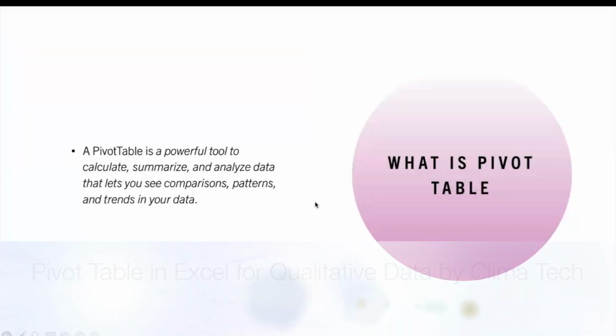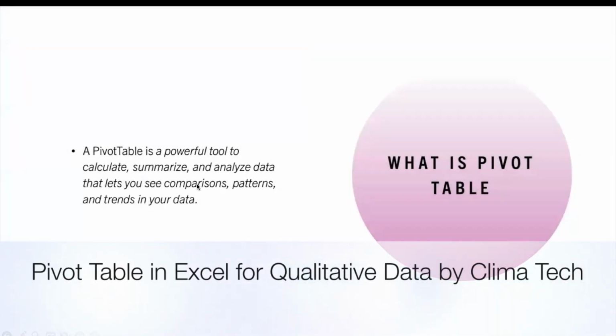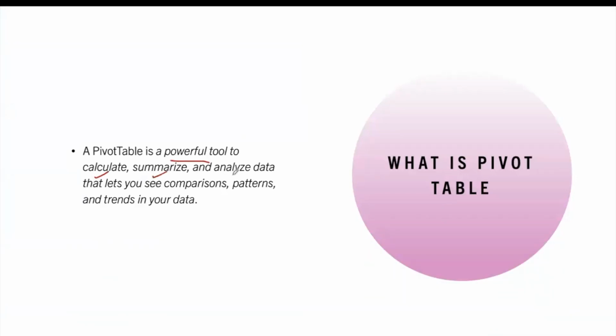Let's just see what pivot table is all about. It is a powerful tool that is used to calculate, summarize and analyze data that will help you to make comparisons, look into patterns and trends in your data. The best part about pivot table is that you can actually summarize qualitative and quantitative data in a presentable